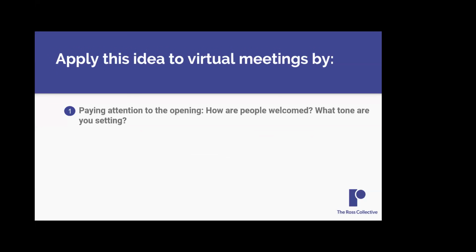So how do you apply this to virtual meetings, really concretely? What I see is that it is more important than ever to pay attention to openings. How are people welcomed, and what tone are you setting? Now, it's important to pay attention to openings in every meeting, but in virtual meetings, since it's almost like we snap our fingers and appear, there needs to be more mindfulness to how we come together and a little bit of slowing that down. How do you want to welcome people? What tone are you setting? How are people seen